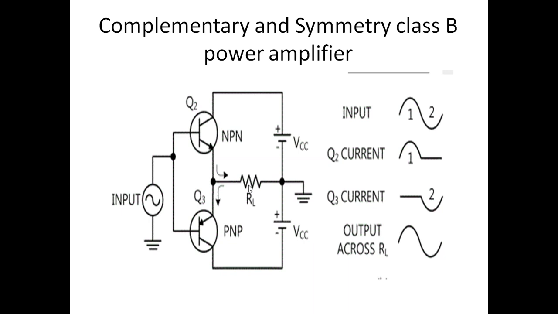So by substituting output power calculations and input power calculations, you will get the value as 78.5 percentage. Since the advantages are more by using complementary symmetry than push-pull amplifier with the same efficiency, hence this is widely used